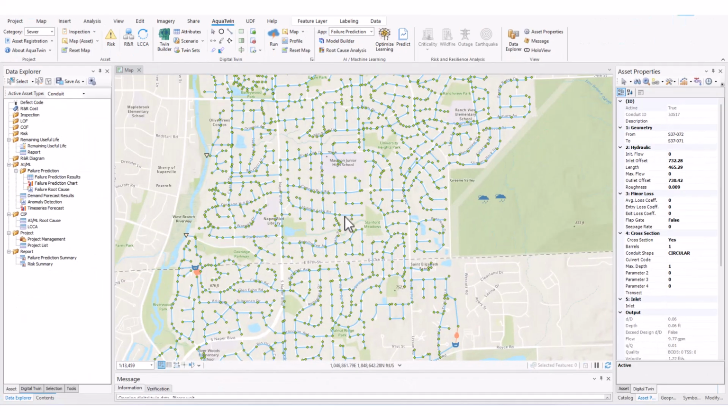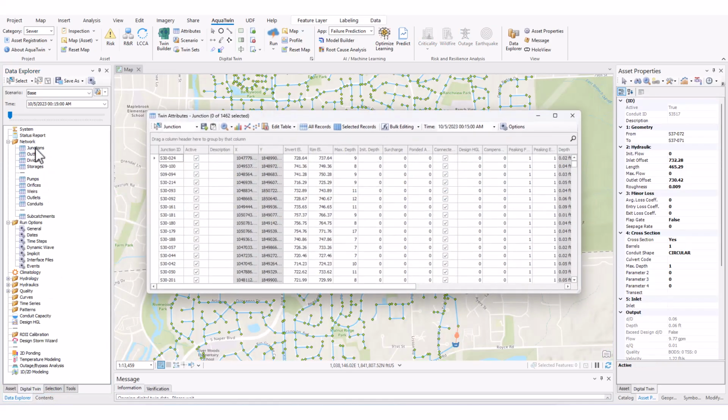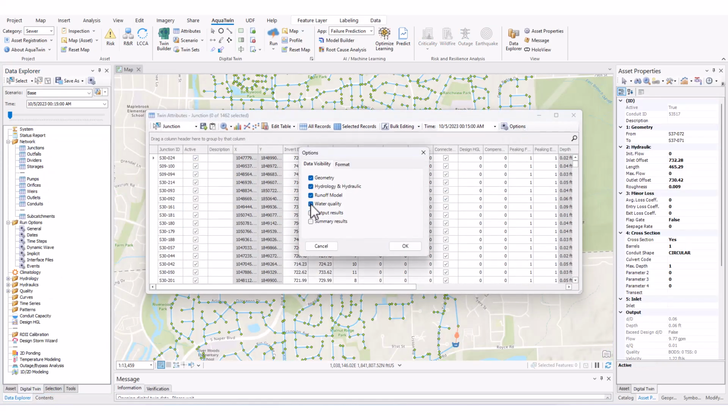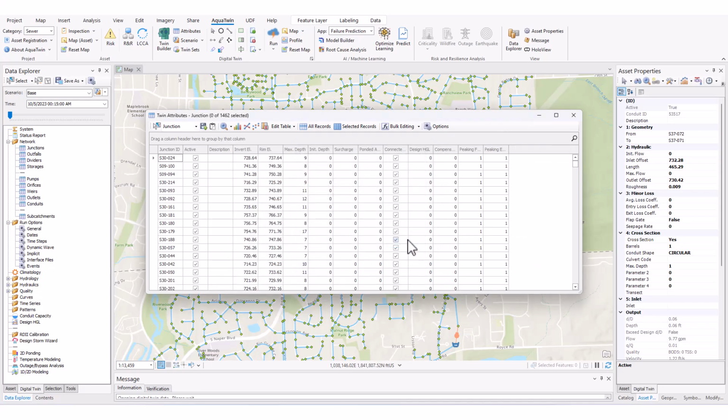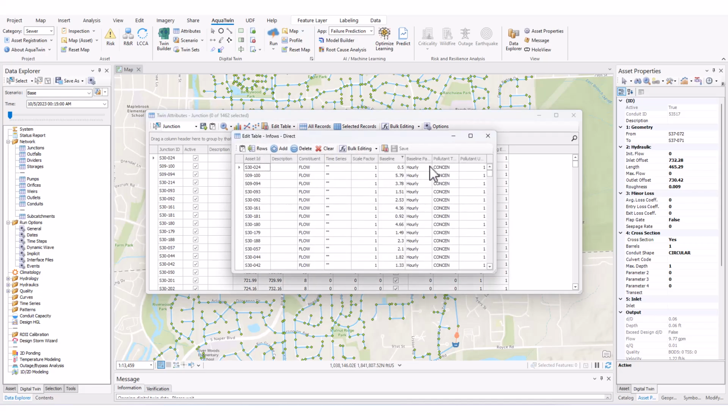Now, on the sewer side of things, inside of these attribute tables, and let's just toggle on just my input data. To look at the inflow data for your AquaTwin sewer project, it's going to be in this edit table up here at the top. So there's three different types of inflow that you can have. I'm just going to look at the direct one right now. And it ends up essentially being just a large table of all your inflows, with these most important columns being asset ID, the baseline, essentially that's what your inflow value is, and then a baseline pattern, so a diurnal pattern associated for